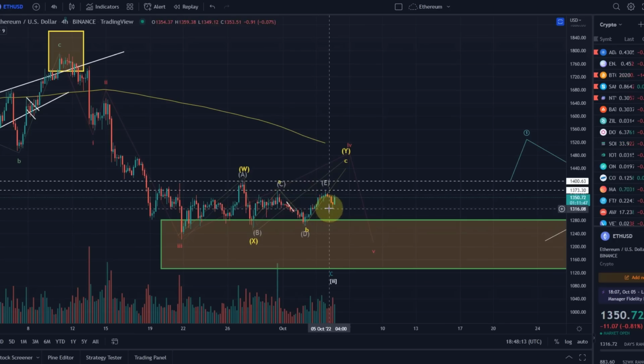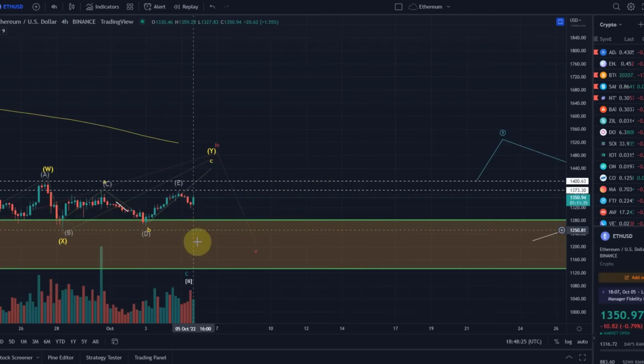I've got a little bit of a problem with this now, with this latest push to the upside. We need to see now. I mean, this is still possible, a triangle, and then a breakout to the downside. This could be a 1-2 setup at the moment to the downside already,